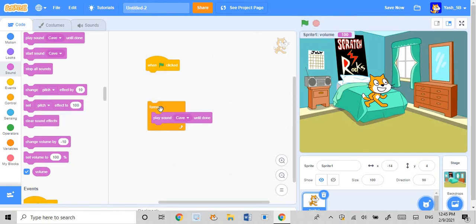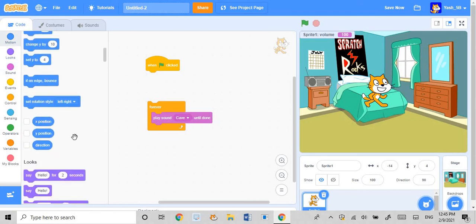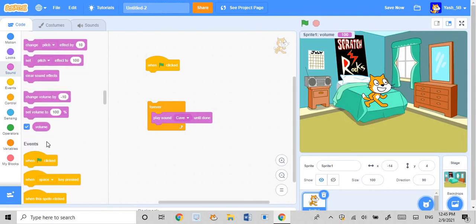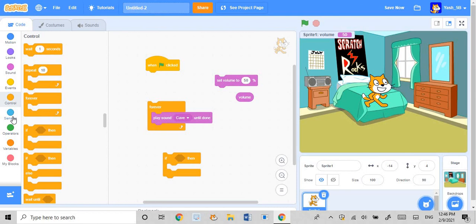To explain what these blocks do, there are some blocks here. These are actually variables that store values that you have entered. So right now if I set a value to 10, 100 or something, you can see that the volume variable has been set to 100. That's because the volume is 100. And if I do this, you can see that the variable has been updated and it has been set to 50. So this is a very useful block if you want to add some specific statements.